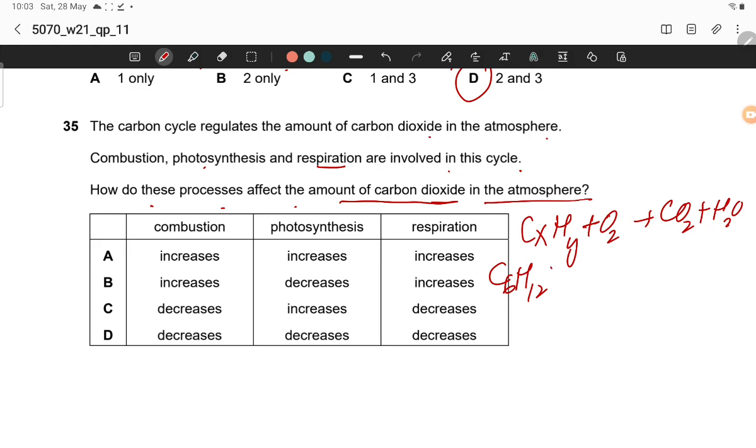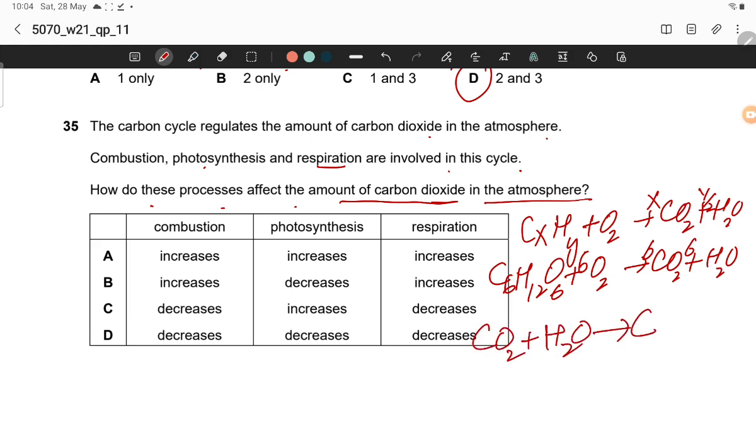Respiration: C6H12O6 plus O2 to form CO2 plus water. So this is the respiration reaction. And photosynthesis: carbon dioxide plus water to form glucose, C6H12O6, plus 6O2. So this is the photosynthesis reaction. This is respiration,